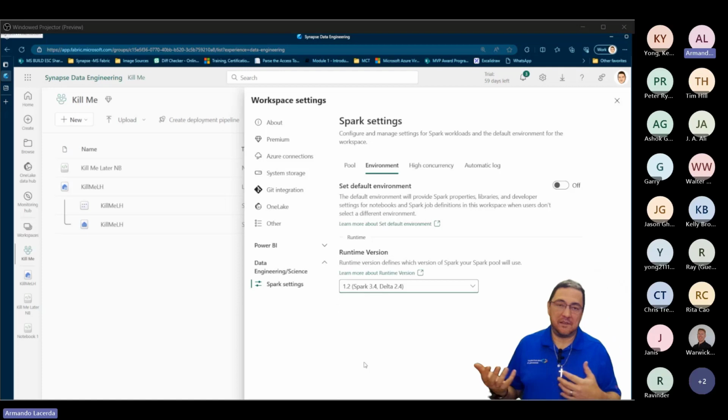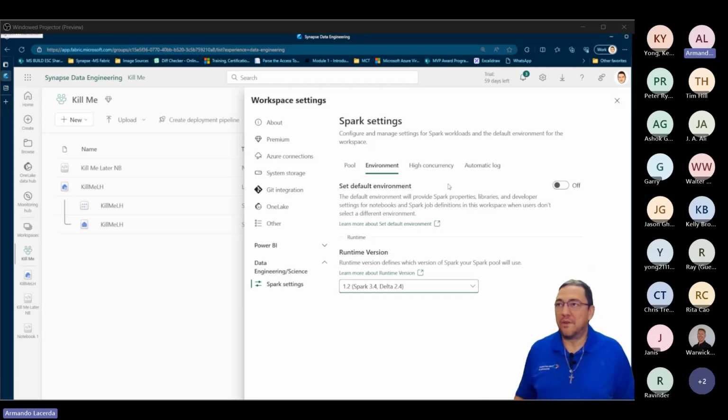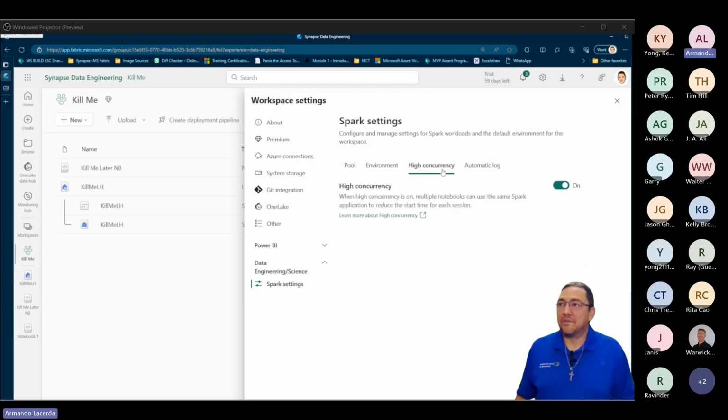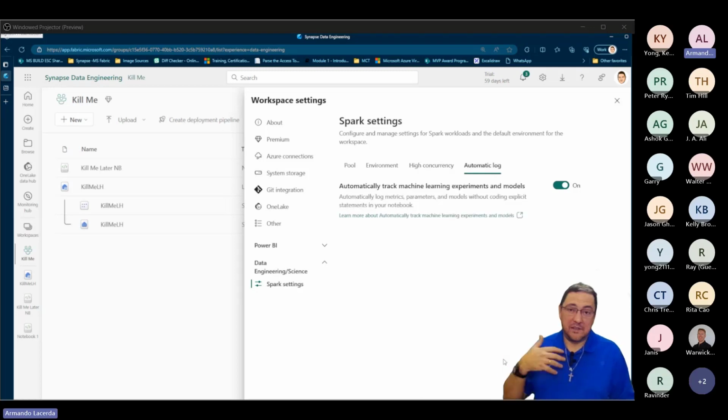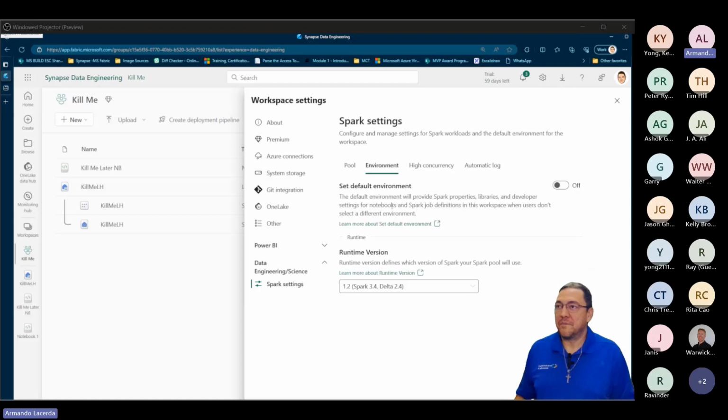There will be changes, especially on the OneLake side when you point to artifacts in the OneLake. So there will be changes in there, but overall the code will be fairly compatible. In terms of concurrency, you can define the high concurrency on and let Fabric do the flattening when needed. And if you need to load new libraries, like custom libraries, to the workspace, you can also do that from the definition of the environment over here.